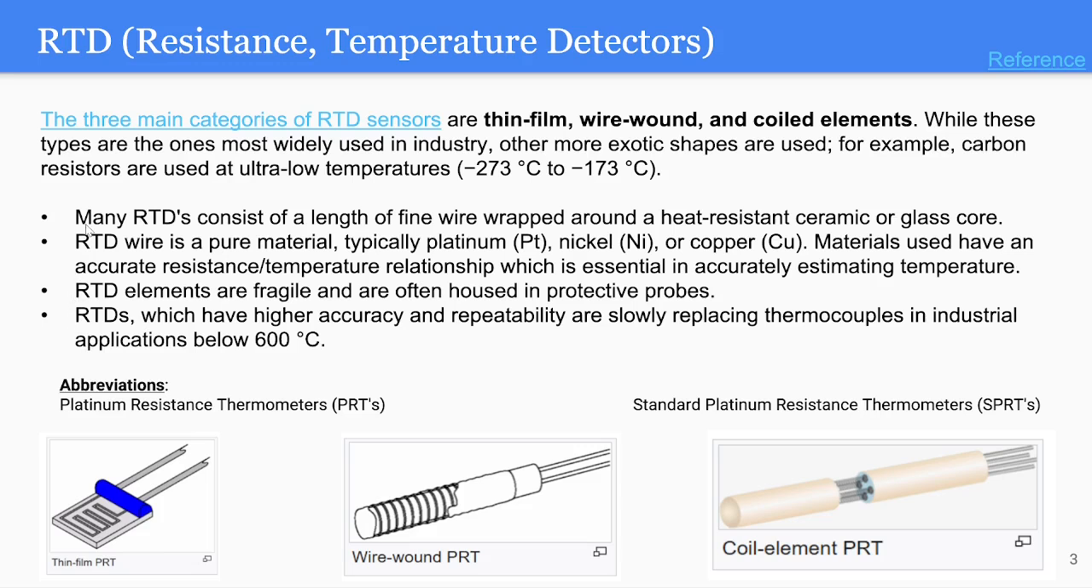And here are some of the very important bullet points. Before we discuss the bullet points, since I already discussed thin film, wire wound, and coil elements, the term next to it is PRT, and PRT stands for platinum resistance thermometer. So platinum is a material, and